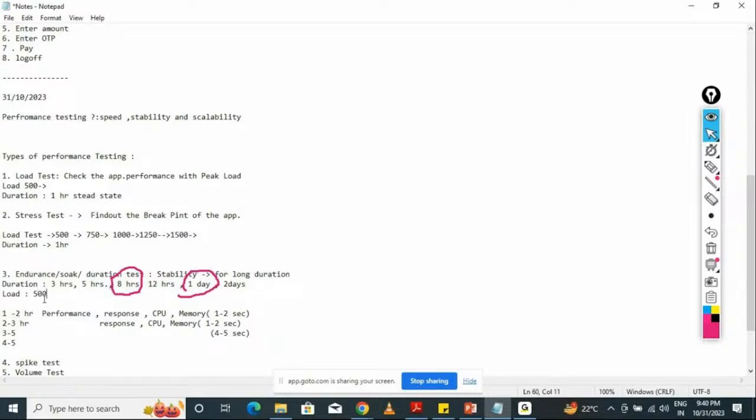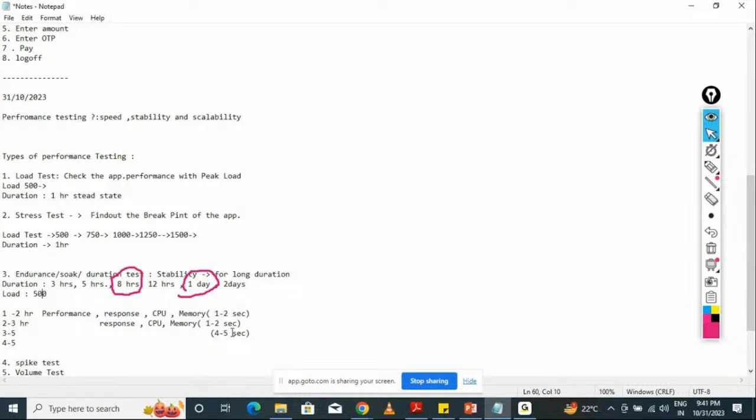The 2 to 3 hour load will be 500 only. 3 to 4 also 500. The load is constant, but our response times are getting deviated, right? So we have to identify why at 3 to 4 you are getting very poor